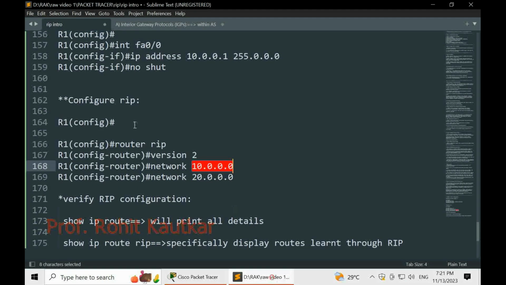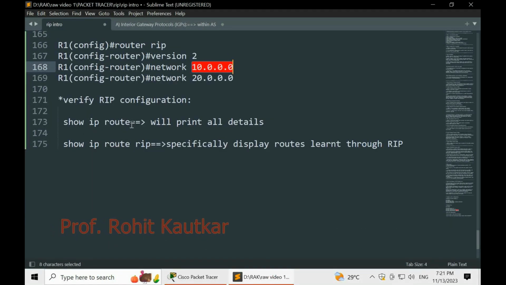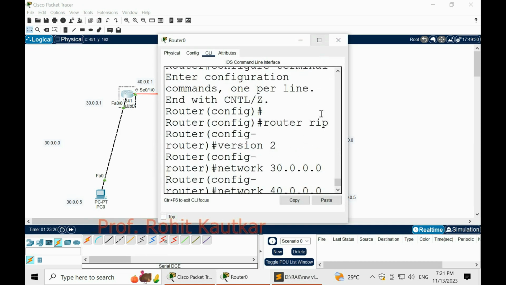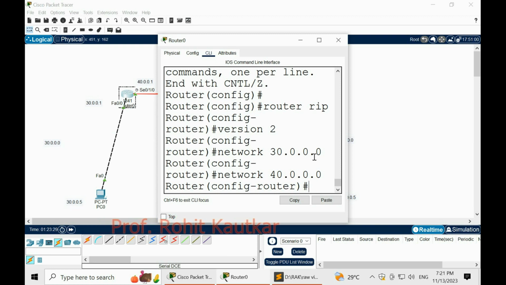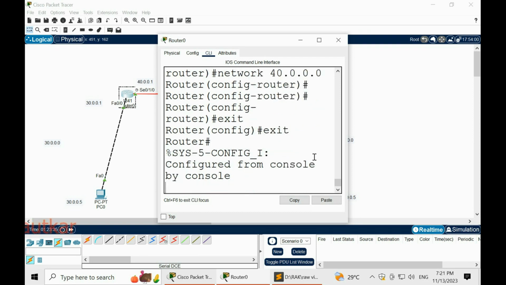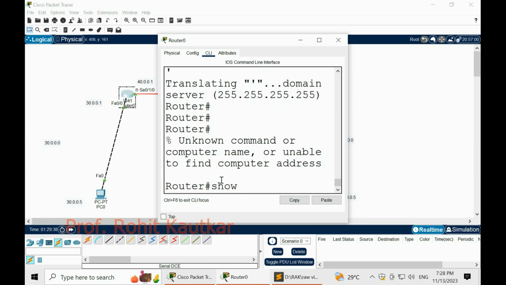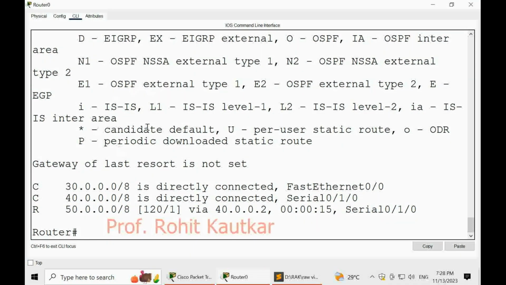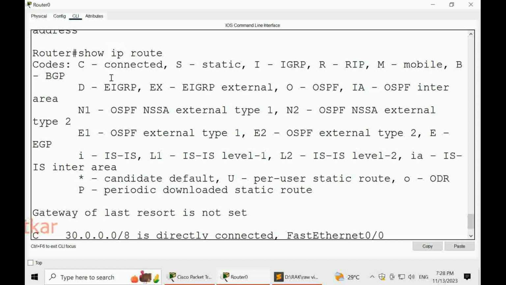Now friends, we can verify this configuration of RIP with the help of this command. So let's try this command now on router 1. So again we are in the CLI of the router, so I will press exit, show IP route, and now here we can see the details of available routes. So this RIP is represented by the letter R in the routes.